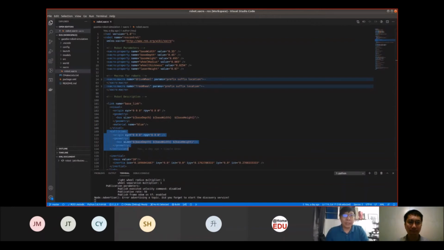But one thing to take note of is that once it is converted, the unit is usually not suitable for Gazebo. For example, the RealSense over here: the STL file has the unit in millimeters, but once the converter takes it in, it will change the base unit to 1 meter.